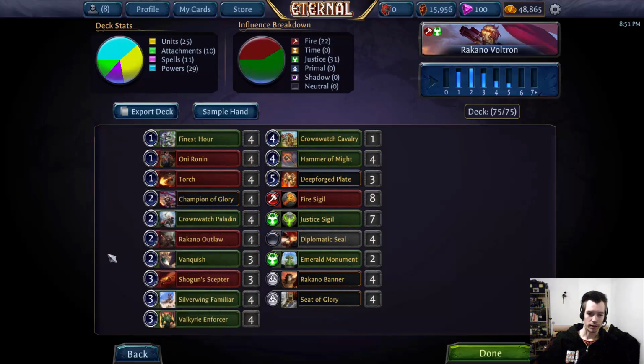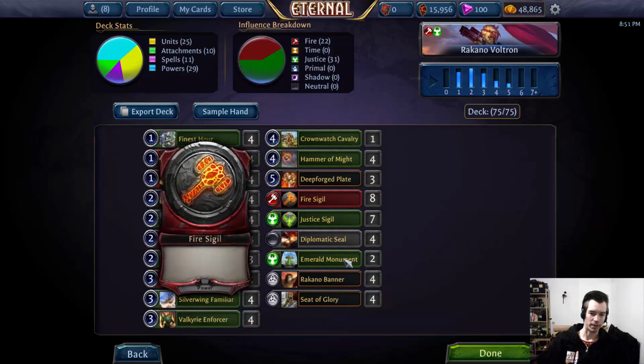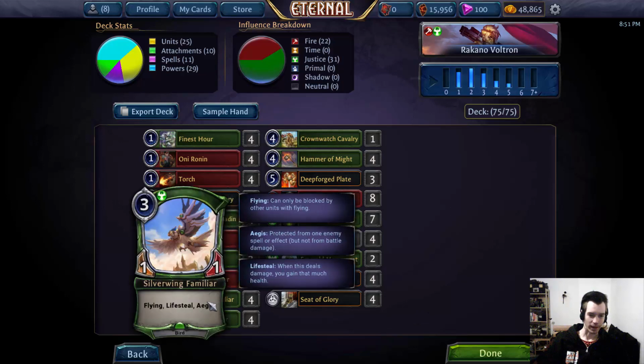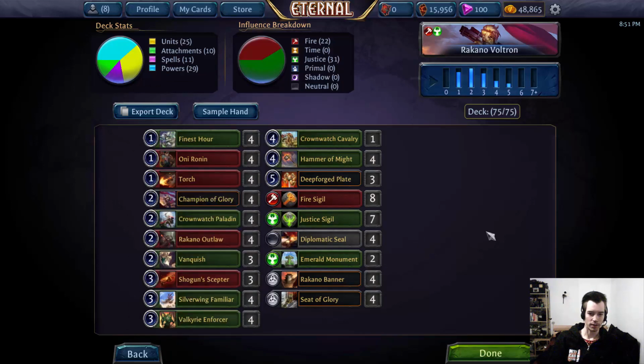And yeah, it's much more like build your big monster with Aegis preferably and ride it to victory, than the old Rakano that was more of a traditional good stuff aggro deck that just used the best weapons and Hammer of Might and Deepforged Blade to swing the momentum in game in its favor and just generate some power and tempo plays basically, because it had no familiars to rely on. So the biggest difference between this deck